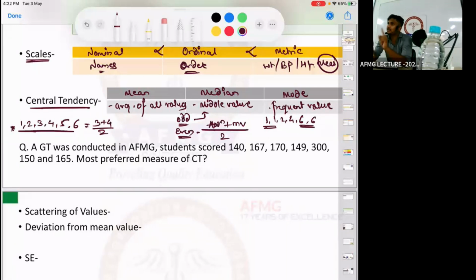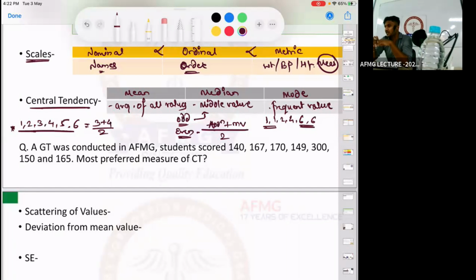And if they need one answer from you, then you will again add and divide. That means 1 plus 6 divided by 2. If they need a unimodal answer, you do that. If they need bimodal, 1 and 6 both would be your mode. No issues with this. Quickly say, the frequently repeated value is known as